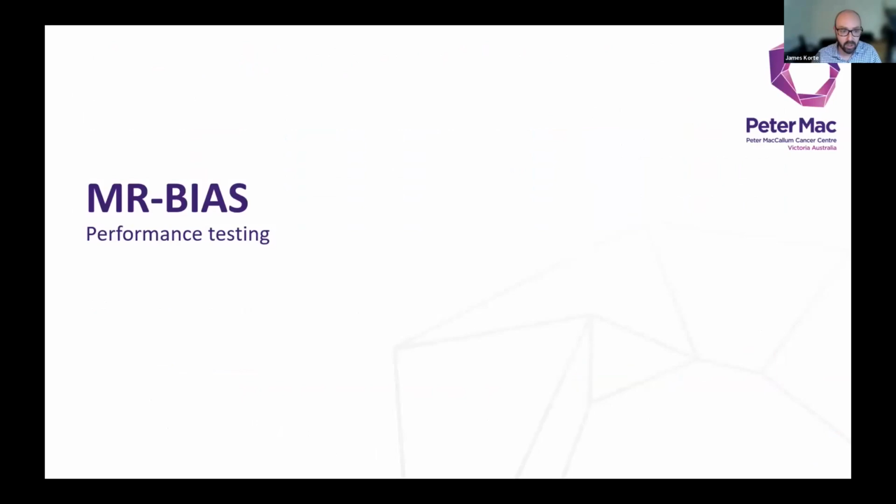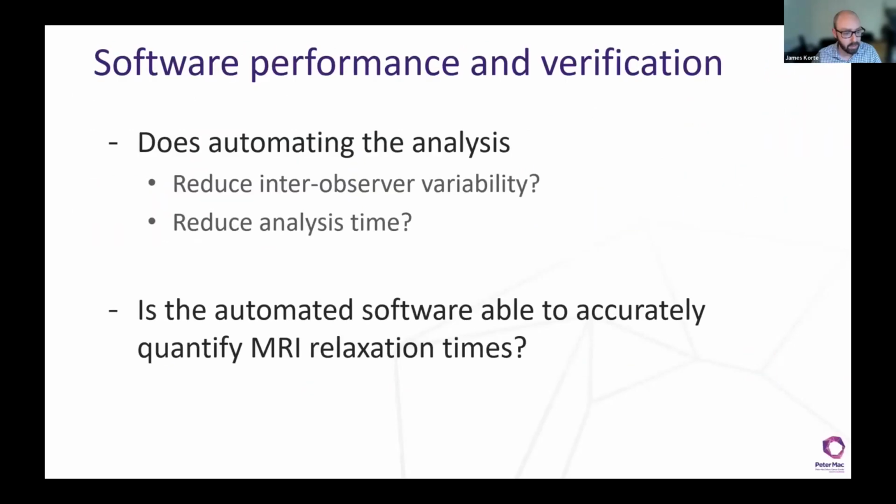So how much can you trust what's coming out of the software? We did some testing to have a look at this and make sure that it was working properly. The most important thing here is actually the last point: are we accurately quantifying these? Because you don't want to be introducing another source of error with your software. But we also wanted to look at whether this software that we've made actually addressed the other points which we were trying to address, which are: does it reduce inter-observer variability, and does it also reduce the analysis